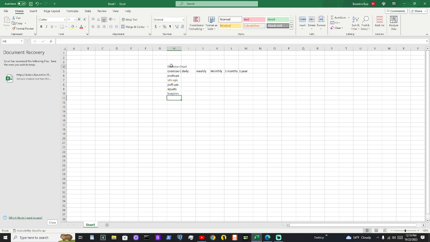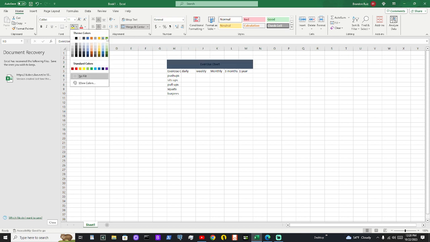Okay. So here we can just add the heading pretty easily. So you just highlight where you want the heading to be. Come over here and press merge and center. And then here you can actually align it top align. So that would be on the top. You can do it right in the middle, or you can do it on the bottom. I always just do the middle here. And you can style it however you want. We'll make this one. Let's do